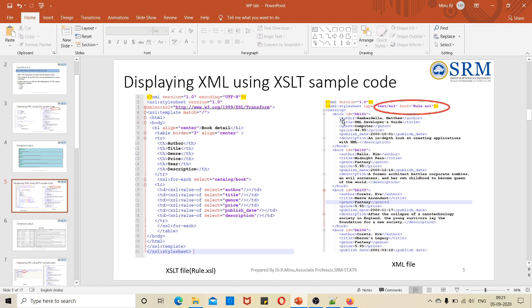So catalog/book likewise. And I want to retrieve all the elements, author, title, genre, price, and I want to display all these elements. So here, inside this table data, xsl:value-of select within double quotes.